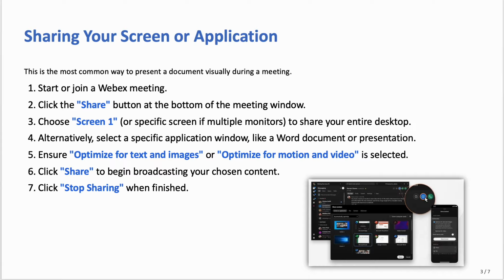Start and join the Webex meeting and click the Share button at the bottom of the window. Choose Screen 1, or alternatively select a specific application window like Word or a presentation. Ensure the optimization for text and images or optimization for motion and video is selected. Then click Share to begin broadcasting your chosen content and click Stop Sharing when